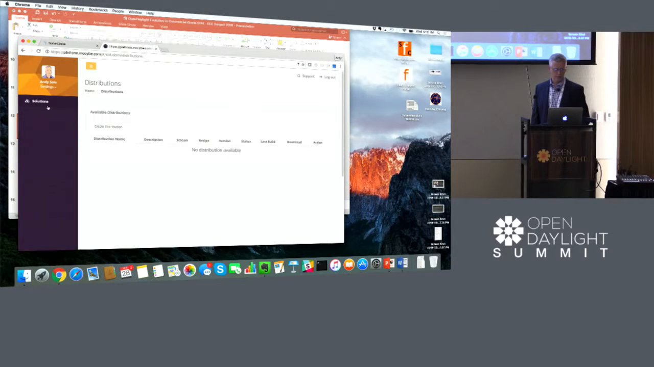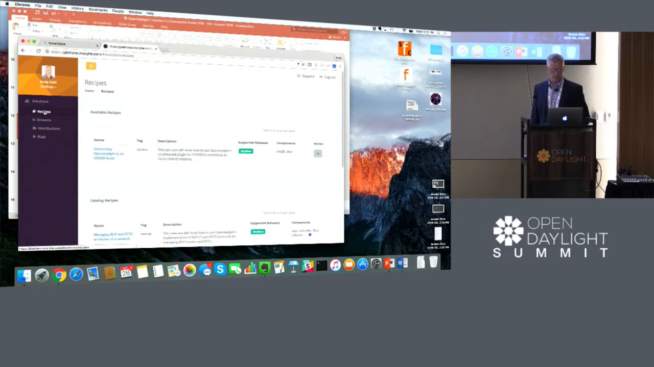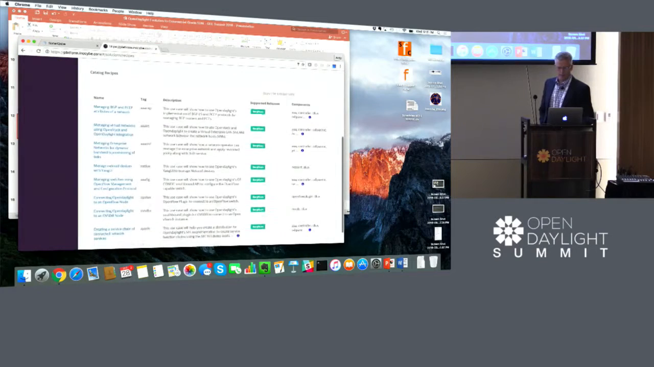And once you log in, you can see, the first time you log in, you're going to have to register, et cetera, and you'll have some user information there in your settings. But once you do log in, you can see all the different recipes that are available. So on that slide that I was just showing,